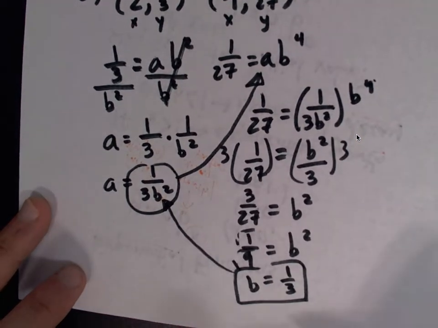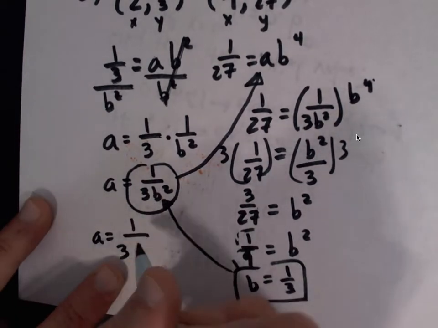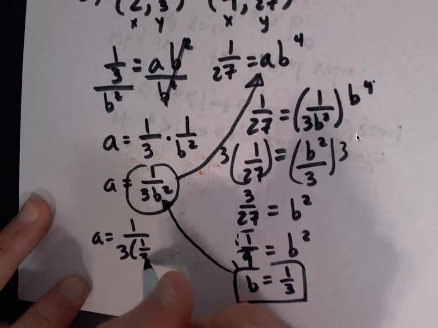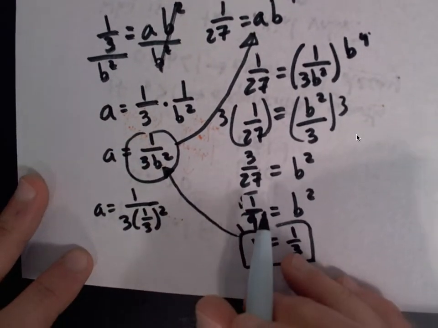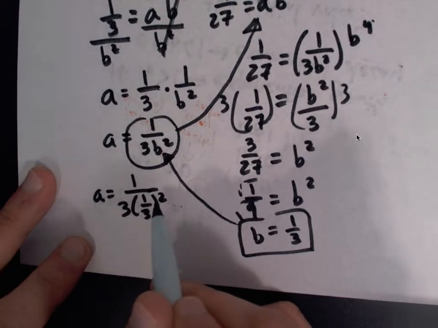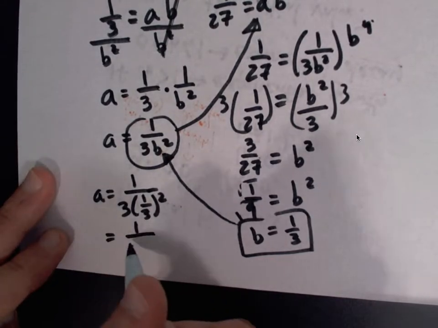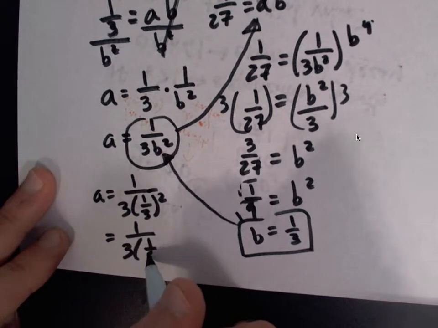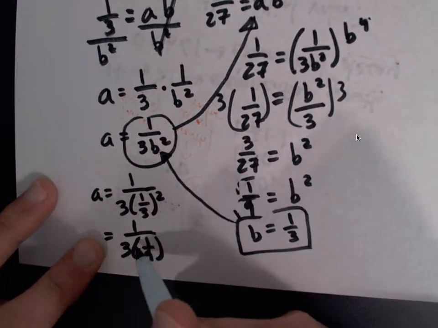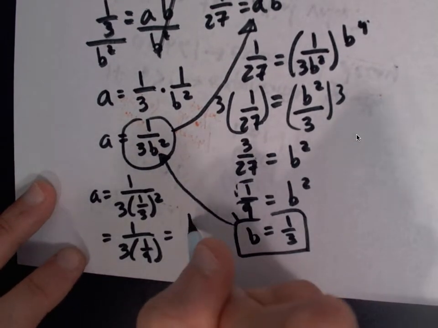So b equals 1/3. So a equals 1 over 3 times 1/3 squared. All right, what happens first? Remember, we do the exponent first. So 1/3 squared is 1 squared over 3 squared. So that's 1/9. So 1 over 3 times 1/9. All right, so 3 times 1/9 is 3 over 9. So we're going to get 1 over